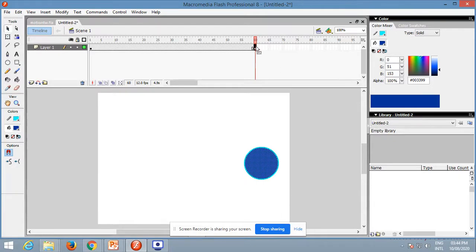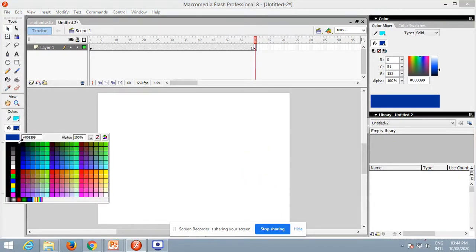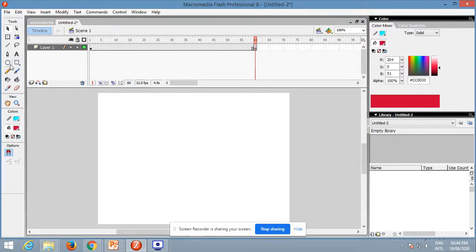Now on the 60th frame we want the rectangle. Now suppose I had taken the rectangle. Means what is happening, on first frame we have the circle and on 60th frame we have the rectangle.